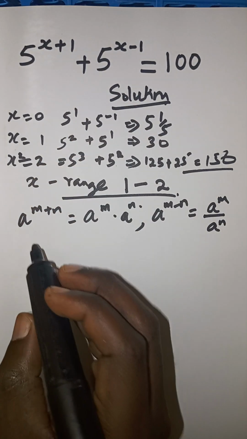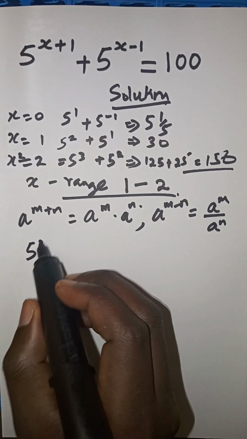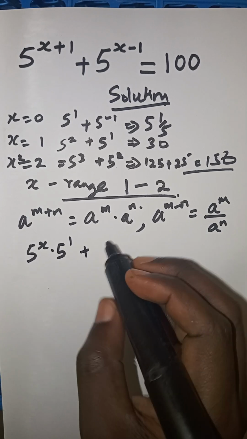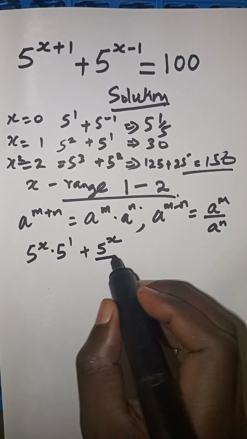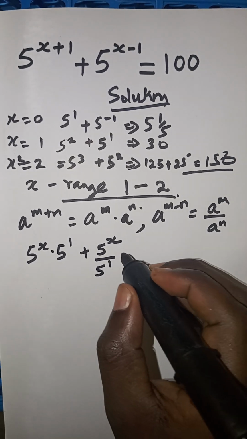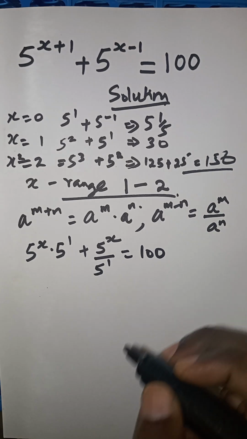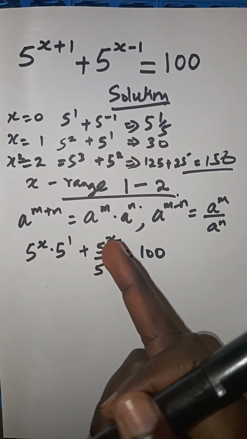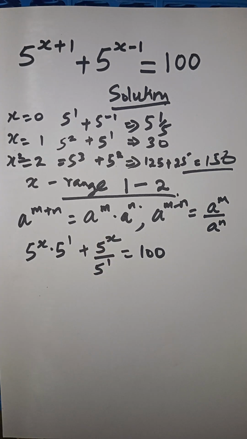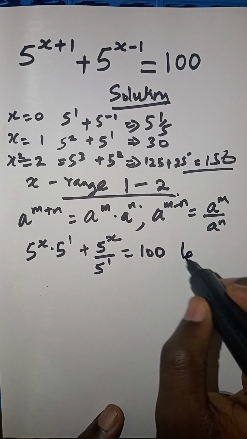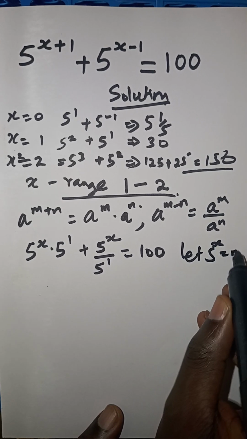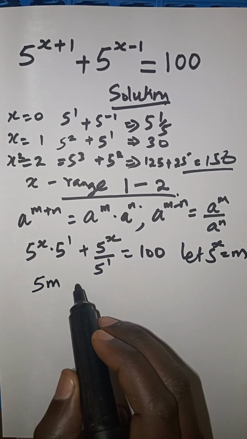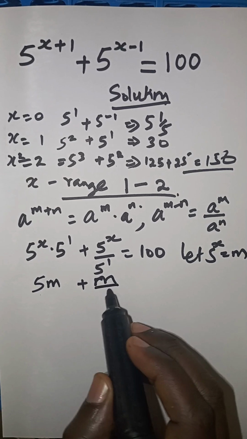So applying that law there, I'm going to have 5 to the x multiplied by 5 to the power 1, add 5 to the power x divided by 5 to the power 1, should give me 100. So it is very easy to see that 5 to the power x is common. Next, I'm going to let 5 to the power x be any letter. I'm going to call it m,